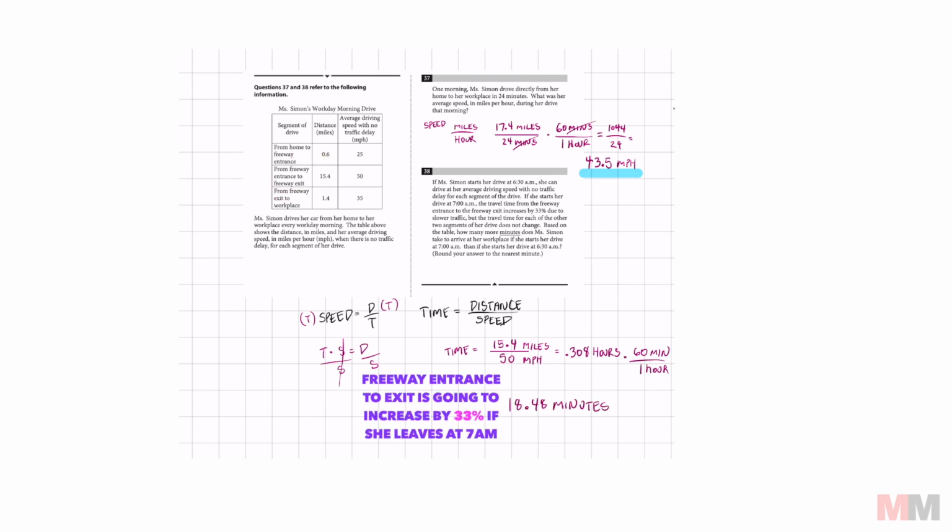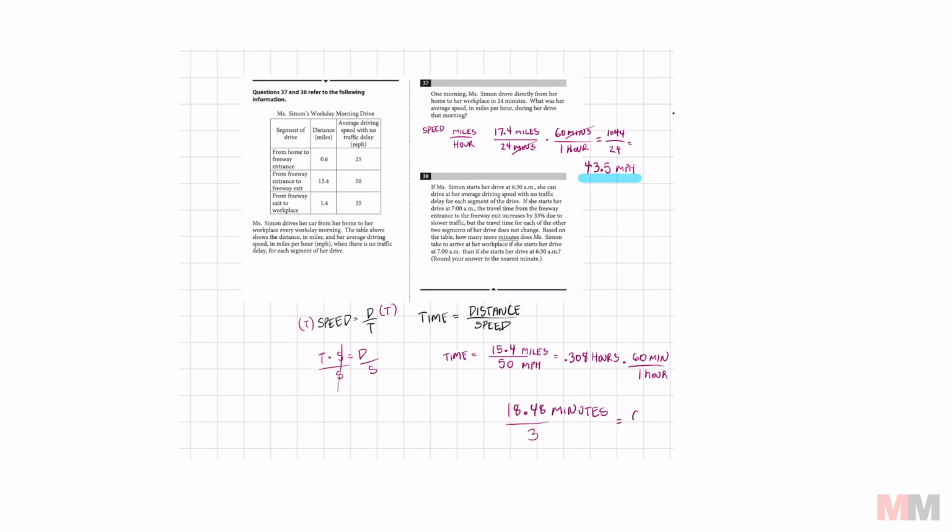This word problem is saying that we got to increase this by 33%. So you can even do this mentally. A third of 18 is 6 minutes, or we can just divide that by 3 to get 6.16 minutes. And this one's a little tricky because it says round your answer to the nearest minute. We got to round down, which gives us the answer that her commute is going to increase by 6 minutes. A lot of reading on that one. You got to be careful, but